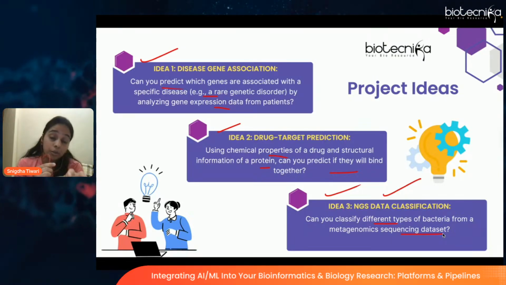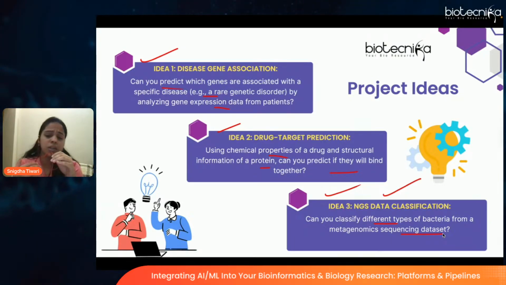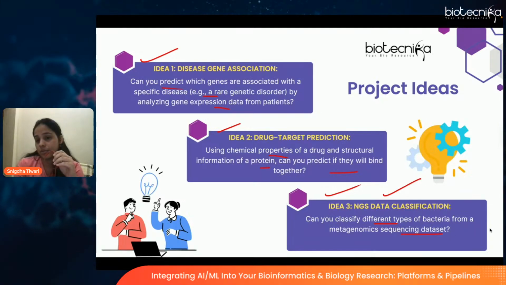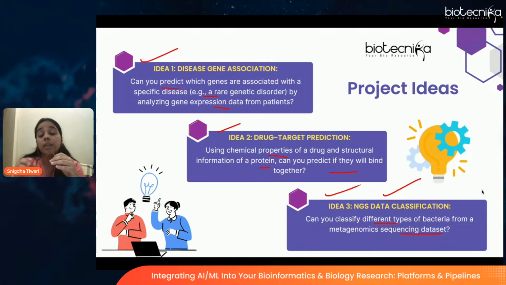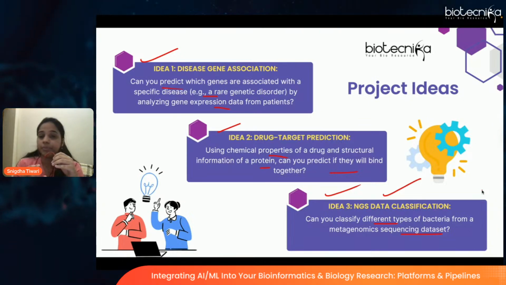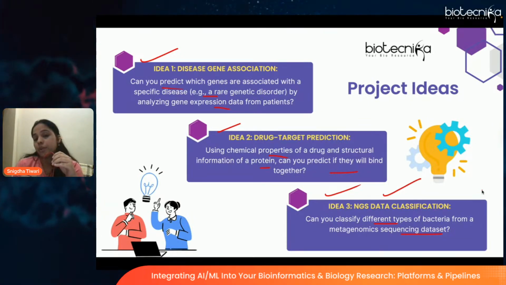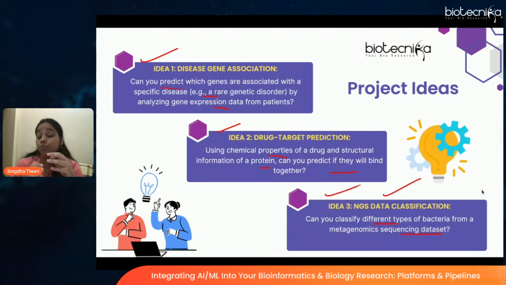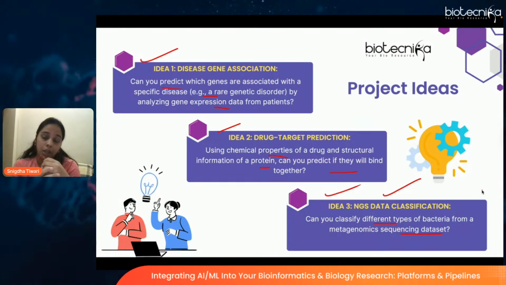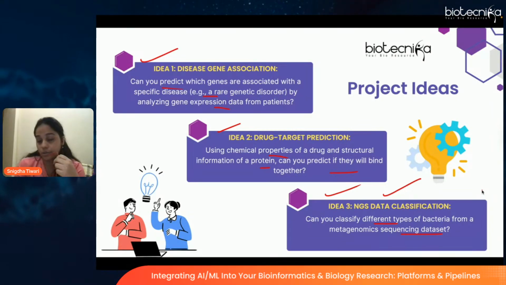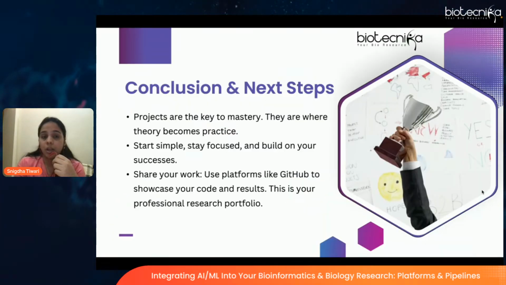You can pick up a gut microbiome analysis, and then start building your basic NGS pipelines and NGS data classifications. Use a Jupyter notebook, use R as a test set. These are a few of the project ideas you can pick up, and then follow the research cycle: collecting and interpreting data, analyzing, evaluating, and then presenting it with your peers, right? So that is the idea.